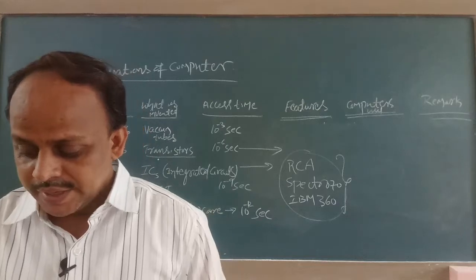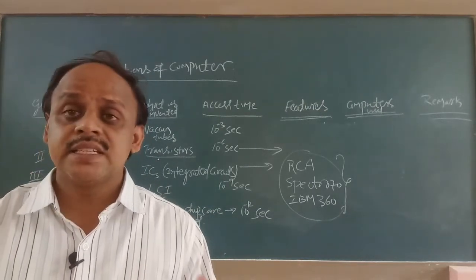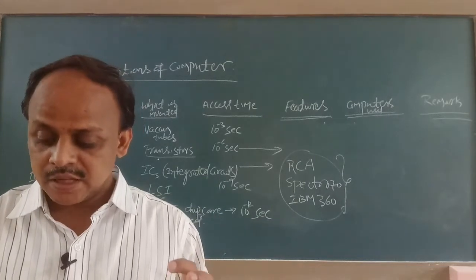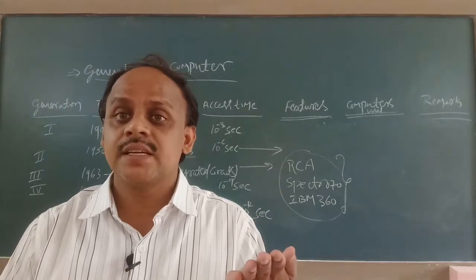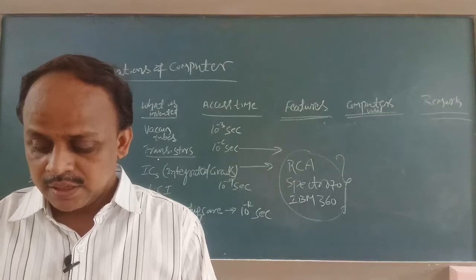are used. Development of microprocessor chips is done in the fourth generation, means at present also we are using this microprocessor chip, right? So that is there inside the CPU. So this is done in the fourth generation, and